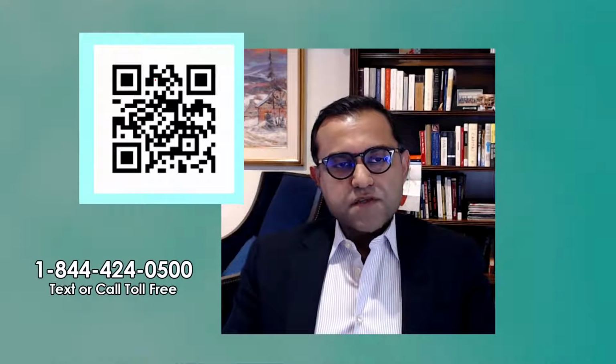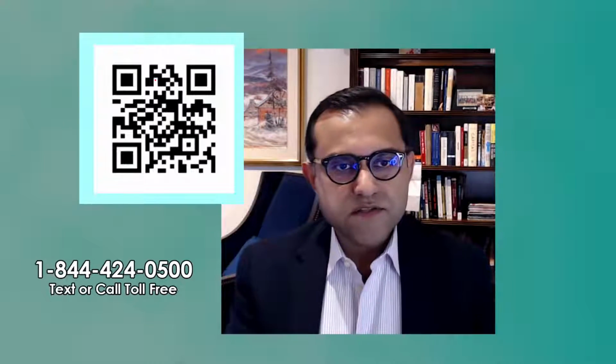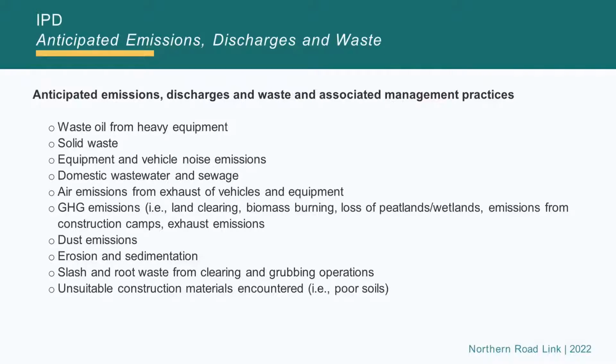And that just speaks to the level of detail that goes into the overall process, I think, Don. The fact that we start to look at anticipated emissions, discharges, and waste and associated management practices with all of these emissions. The first time people see that, many are pleasantly surprised to see the level of detail, analysis, and thought, breaking it down to such small components that goes into an impact assessment